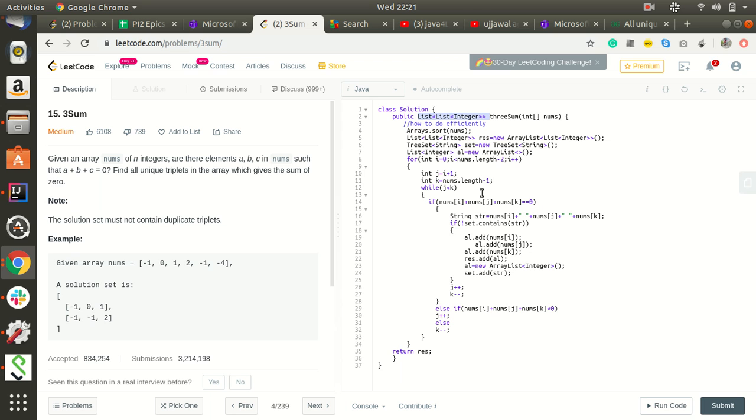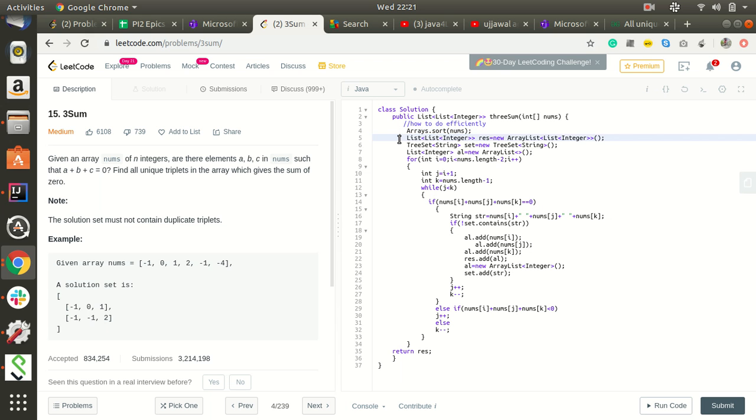So what we can do is use the two pointers algorithm. Initially, that algorithm works only on sorted arrays, so we have sorted with Arrays dot sort. It takes only n log n time to do that.